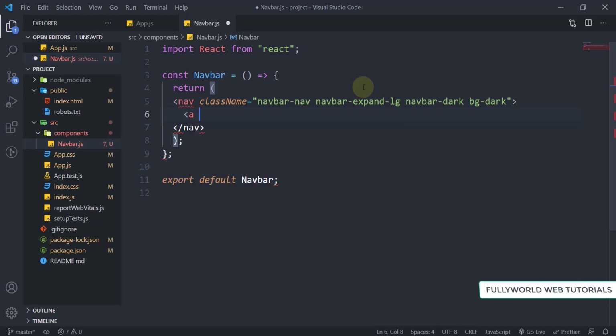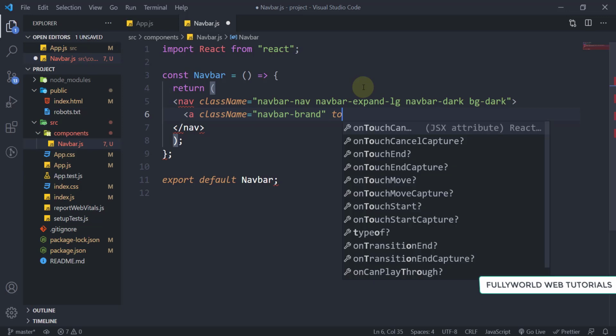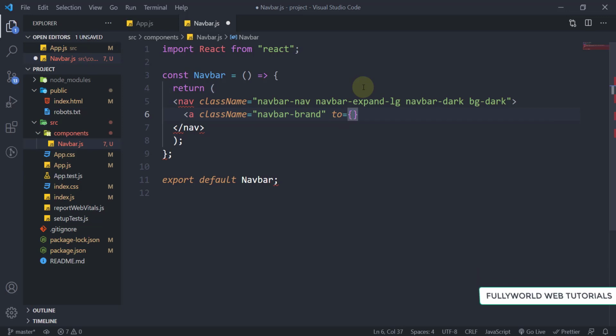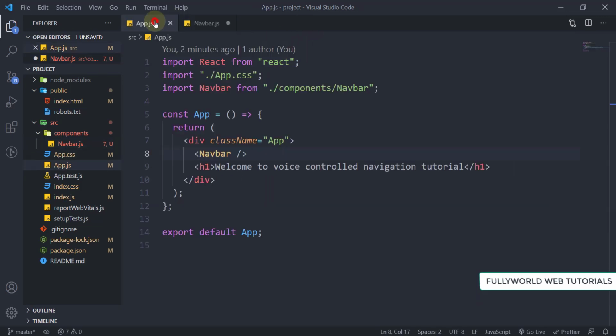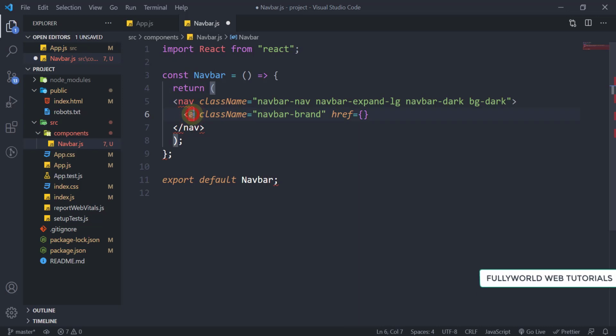Let's create our logo here, and first of all its class name will be navbar brand, and here we are using a, so href will be there. So first of all let's apply our React Router DOM here, so that we can create our link here.